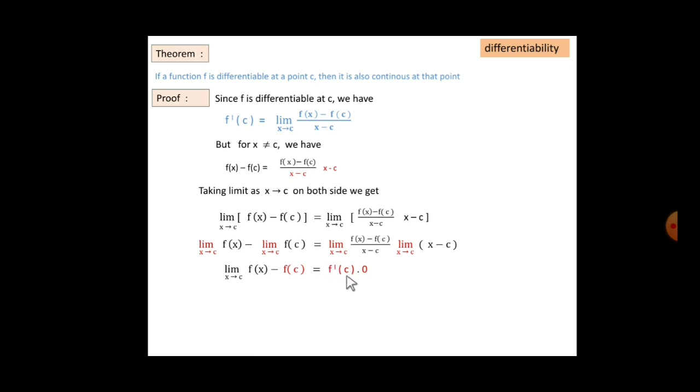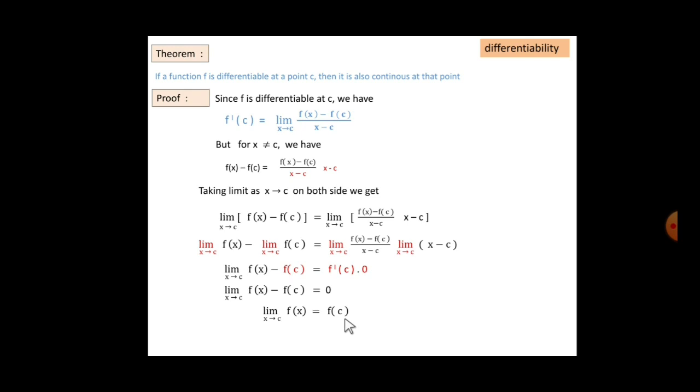I denote this as f dash of c, and into 0, because as x tends to c, c minus c becomes 0, so the right side becomes 0, and then minus f of c, if you transfer to the right side you get f of c. See, now what we got in the last step, with the help of this, f dash of c is equal to limit x tends to c, f of x minus f of c divided by x minus c. From this we got limit as x tends to c, f of x equals f of c, which is nothing but continuity of the function